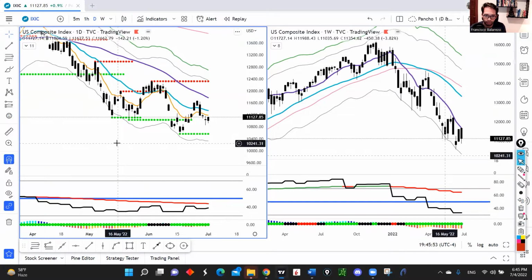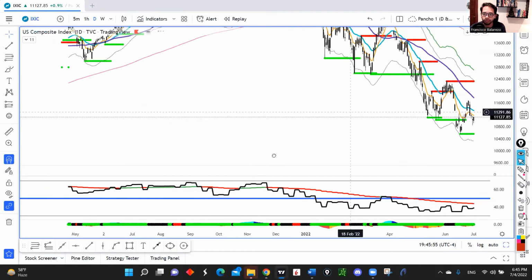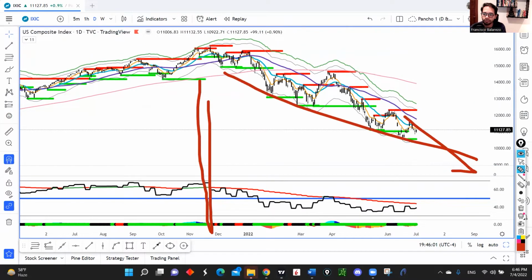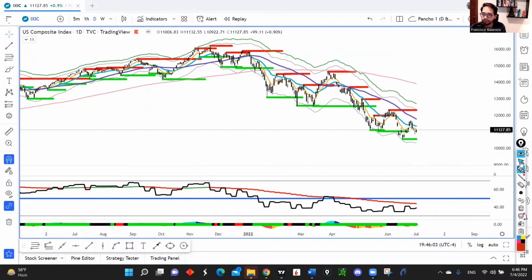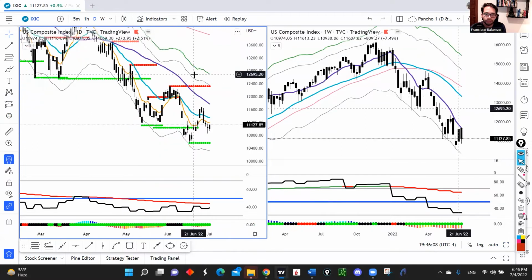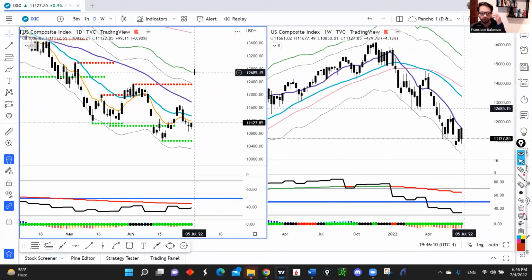And if we just zoom the daily chart for a moment here, you can see that we have been on a downtrend all the way from November, and you can see that we are continuously moving to the downside. So that's something really important to understand, and that's an amazing indicator for us to cancel the noise and just focus on what the indicator is telling us and what the trend and the path